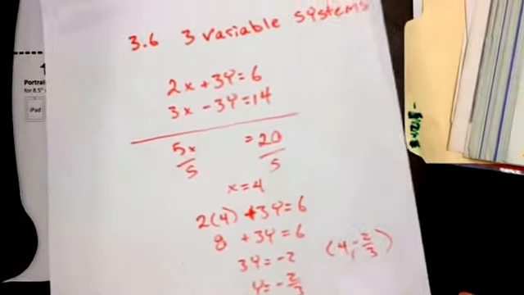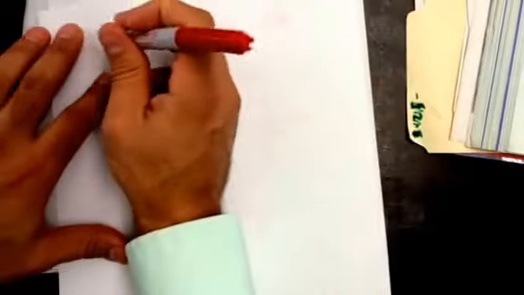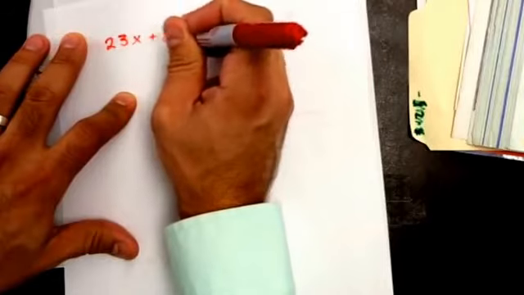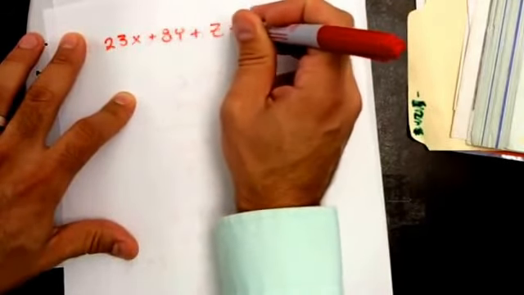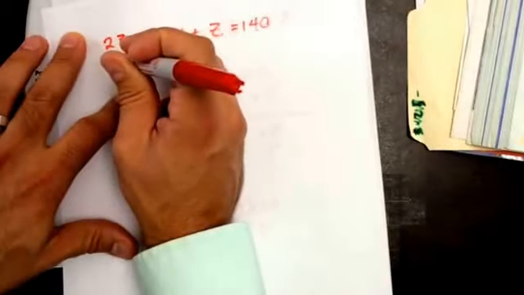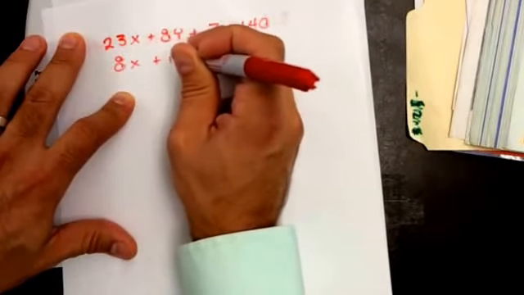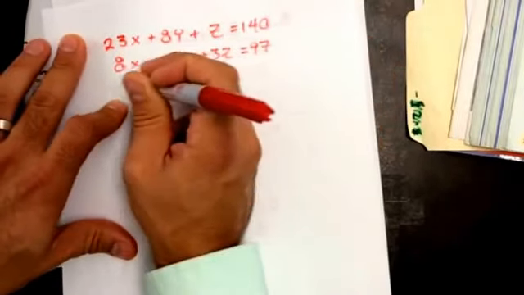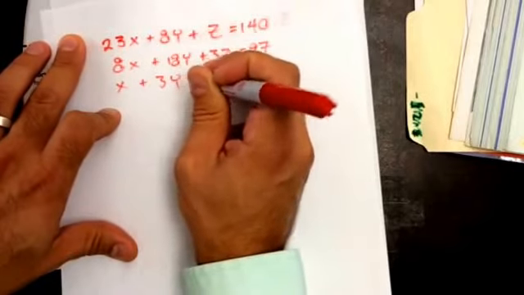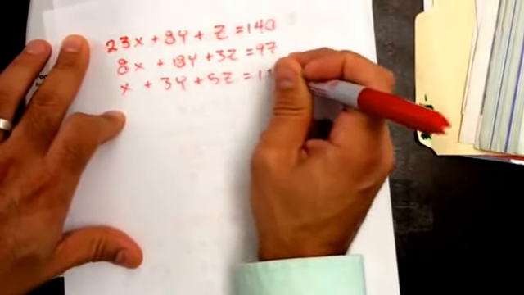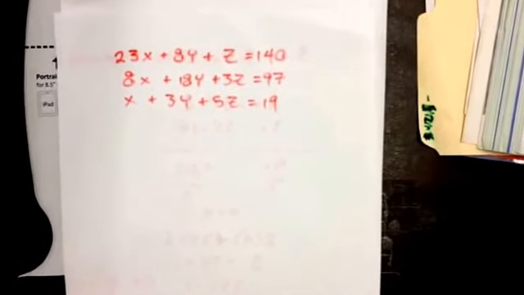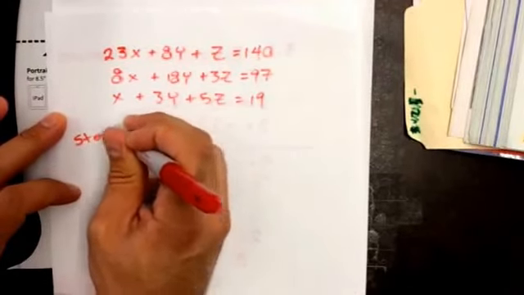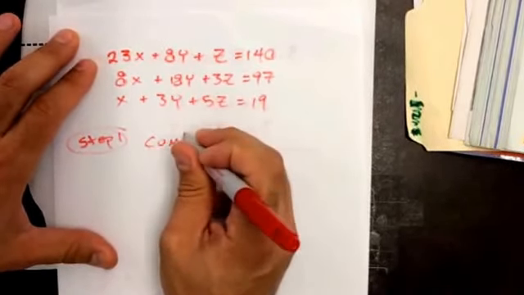So today we're going to be doing three variables. So three variables would look like this. So three variables are going to have three equations. And I said I want you to turn in the different steps for solving these. So your first step, step 1, combine two equations